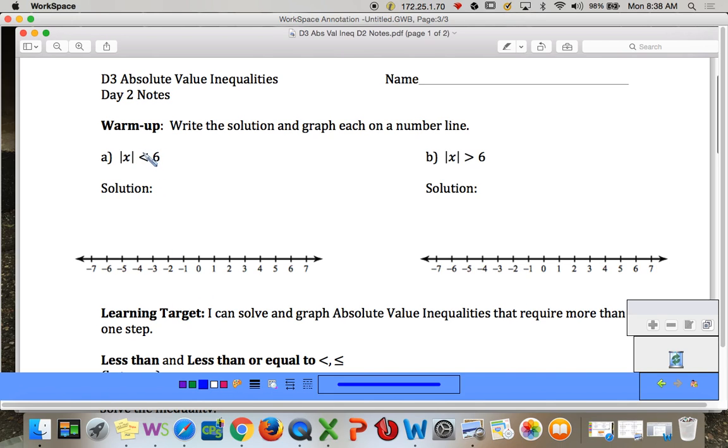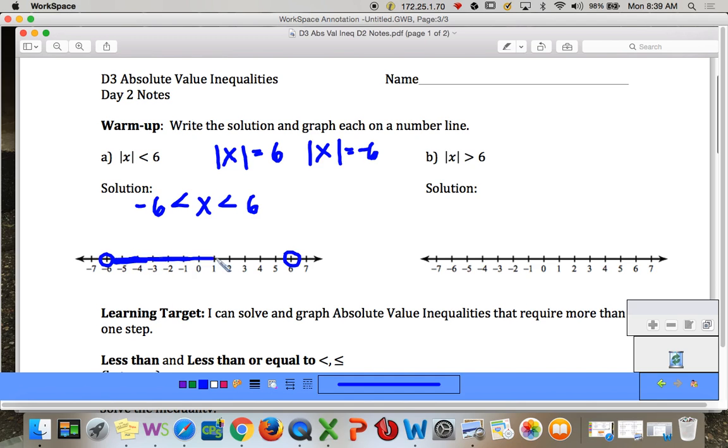If the absolute value of x is less than 6, remember, first let's split it up into two answers. x can be 6 and x can be negative 6. But this is less than. So if it's less than, it's between, from yesterday. So negative 6 is less than x, which is less than 6. So this one's in between. If it's less than, it's in between. We're going to do an open dot at negative 6, an open dot at 6, and then we're going to